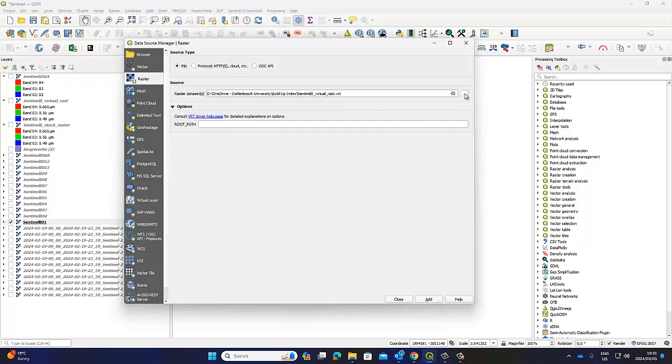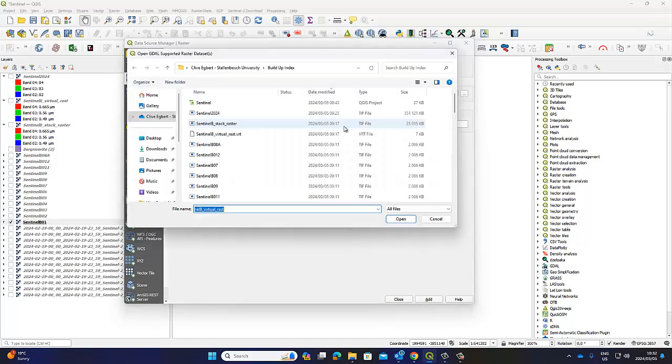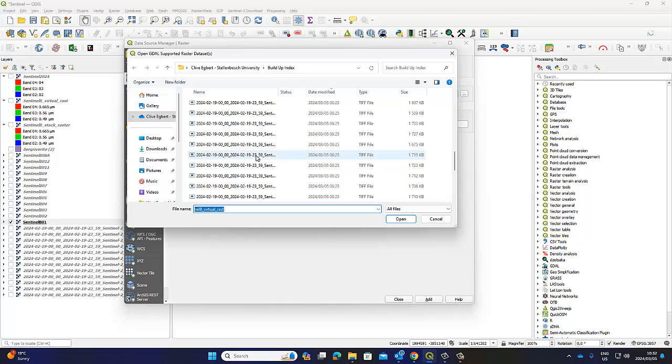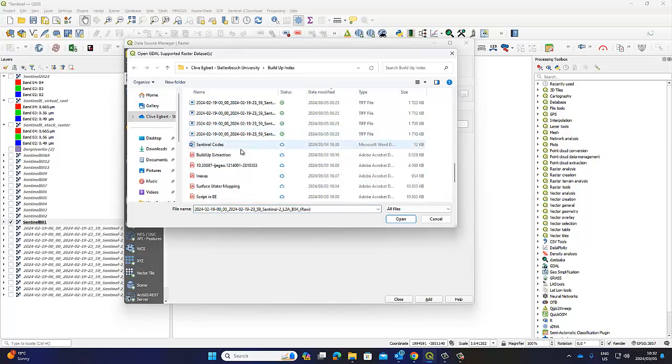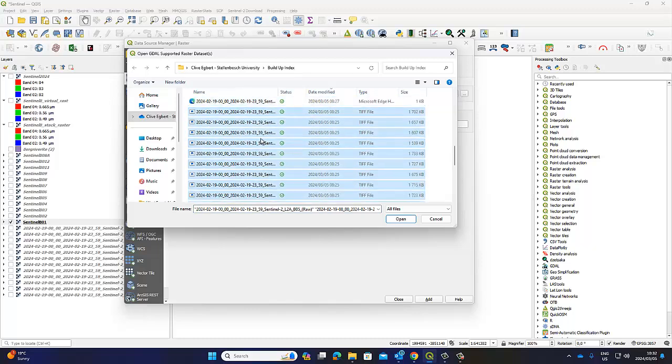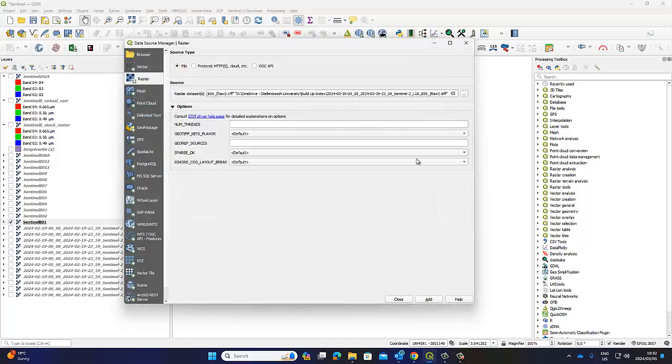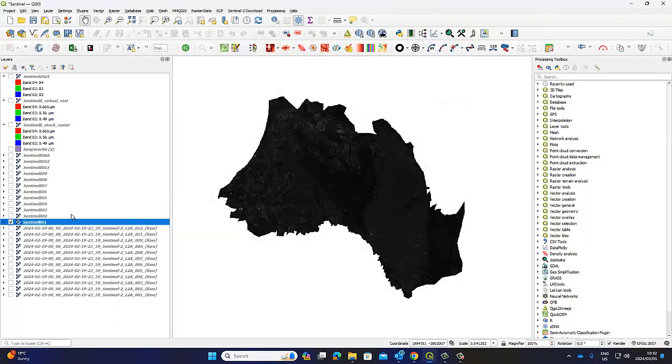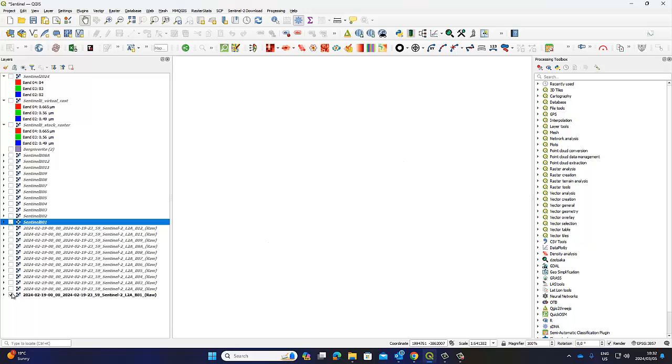Within the source option here, I go to my folder and select all my bands. There I've selected it. You go Open, and there it sits, and you go Add at the bottom and Close. I'm not going to add it because it's already there. So I bring all of those bands